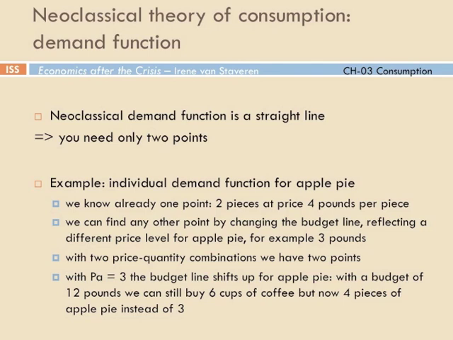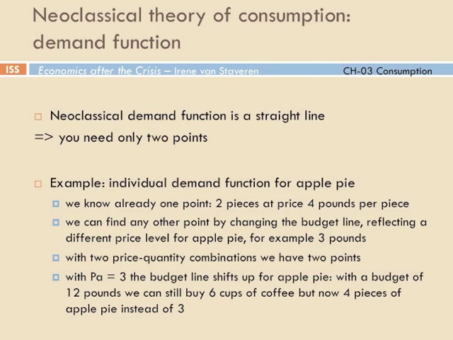Now, how can we derive the demand for a good? Remember, in social economics, we did not do any mathematical tricks to find a demand function, because we recognize that demand is influenced by many social and psychological factors anyway. But in neoclassical economics, we only look at price and quantity from a utility maximization perspective. So actually, we can mathematically derive a demand function simply by finding 2 points that combine a quantity and a price of a good. For example, we know